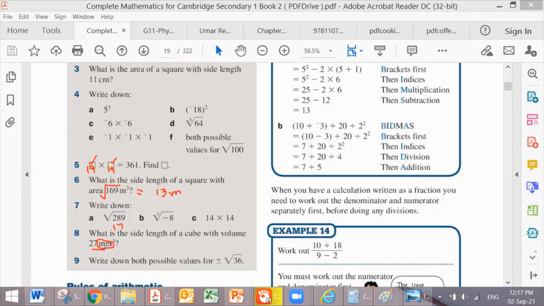Yes, before answering the next question. So the side length of a cube can be found by taking the cube root of the given value. The given volume is 27. So I will take its cube root. So it will be 3, and it will be millimeter. And now it is asked to write down both possible values for plus minus 36. So both possible values would be plus 6 and minus 6. Okay, so this